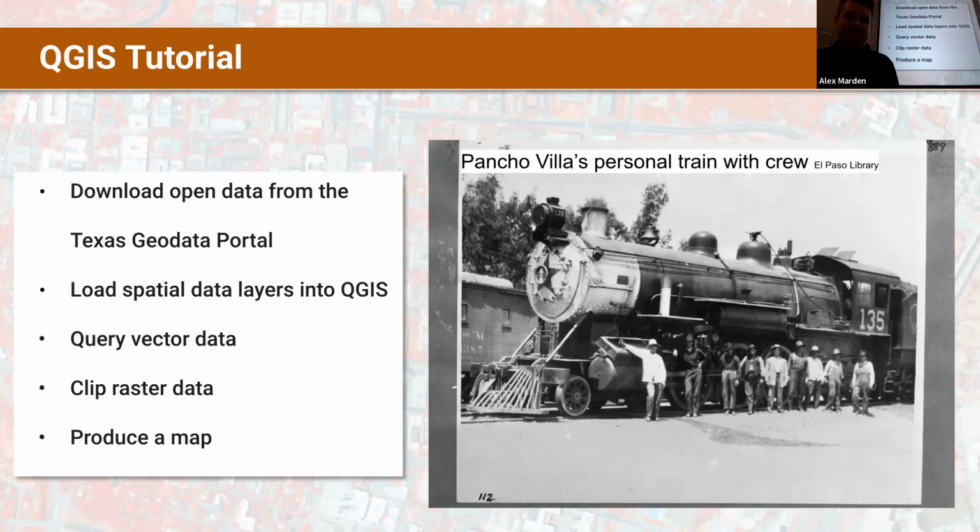If you're unfamiliar with Pancho Villa, he's an important figure of the Mexican Revolution. He had himself and his troops that he drove around in his own personal train during that time, and used it as a sort of Trojan horse in some cases, and just as a real, important strategic tool. So we're going to compare data from the Benson collection